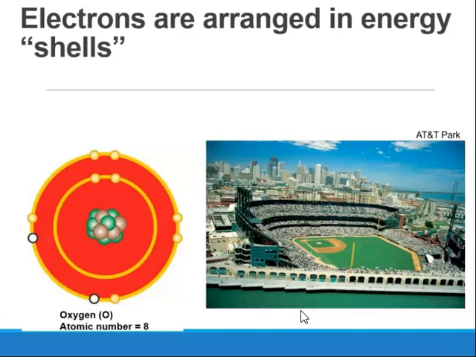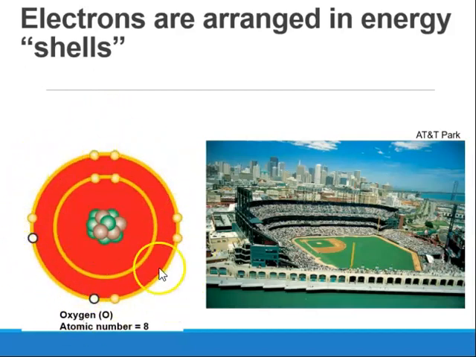Now, the electrons follow what's known as the octet rule. Octet means group of 8. So the outermost shells of elements with low atomic numbers can hold 8 electrons. An element can donate, accept, or share electrons with other elements to fill its outer shell to satisfy this rule. So the innermost orbit of an element can only fill 2. So there are only 2 in the innermost orbit. However, the outer orbits have to fulfill that octet rule, meaning they have to have 8 to complete the orbit